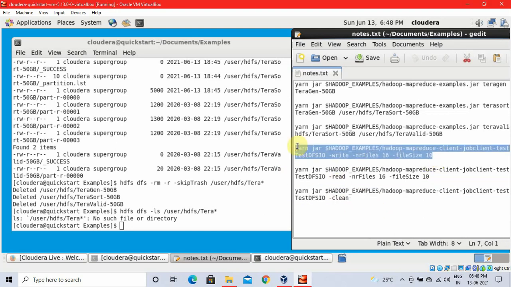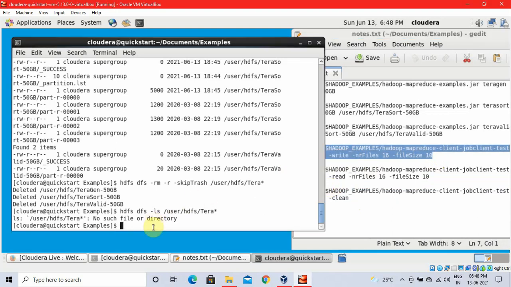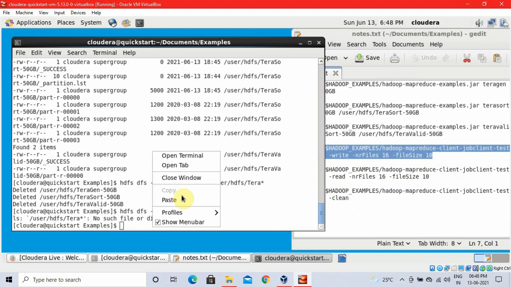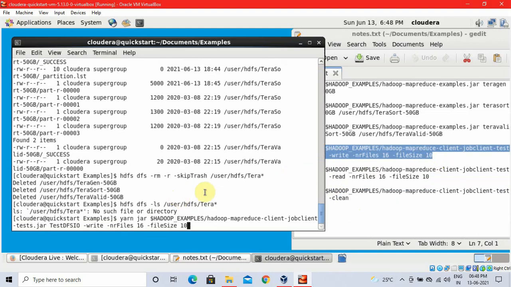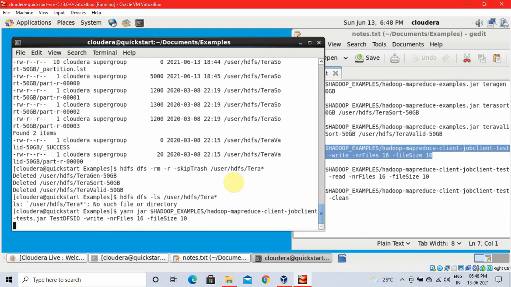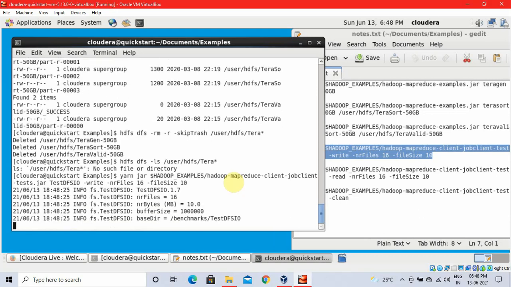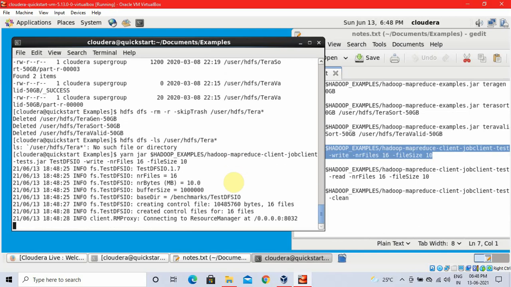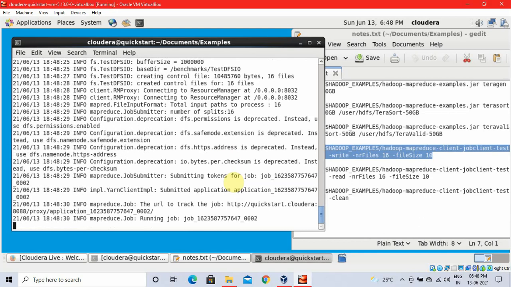and the file size is user defined. You can give either 100 or 1000. 1000 means it will take a little more time, so I have reduced it to 10. In your textbook it is given as 1000; I have reduced the file size to 10. Then after typing that, you have to press enter. It will show all the files that are there.